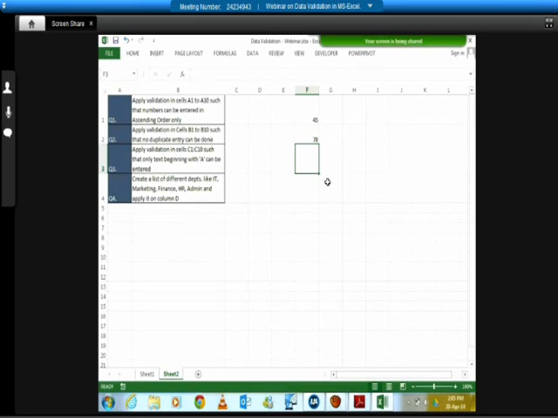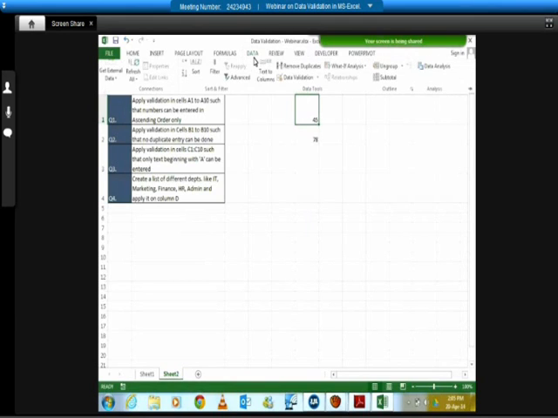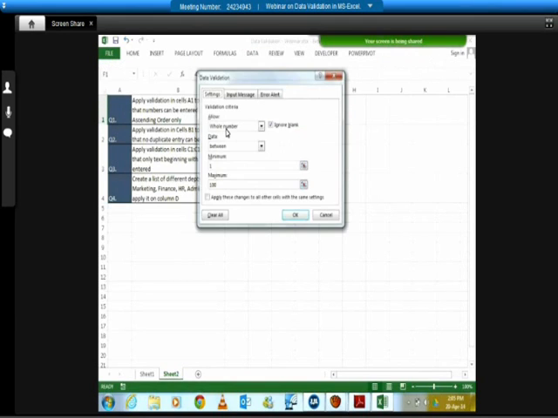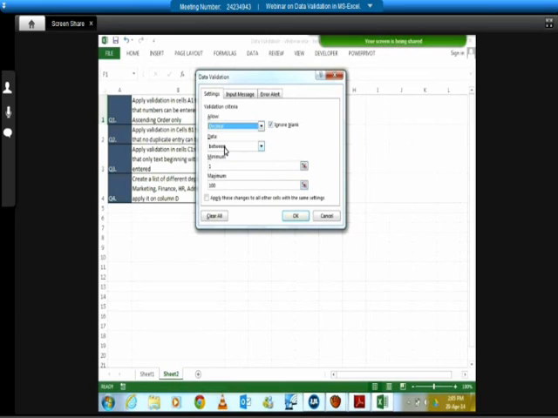Similarly, I can also have, let's say I'm going to change the criteria only in this first cell now, F1, going to validation. Instead of whole numbers, let's say we want to put decimals, same process as the whole numbers. In this, the user will allow me to put decimal numbers also. And again, we can work with between, greater than, less than, greater than or equal to, and so on and so forth. Then we come to list. I'll tell you about the list a little later.